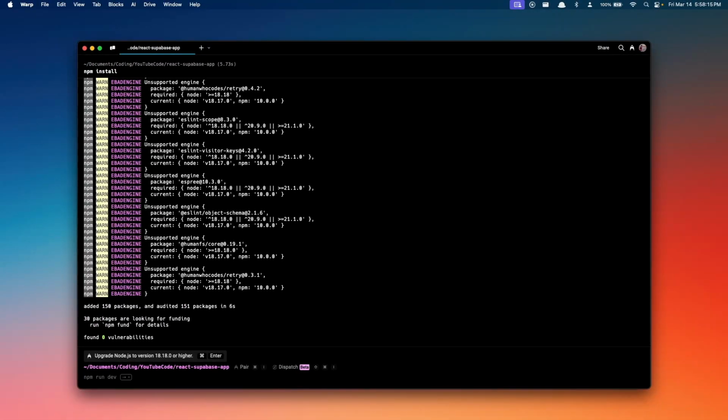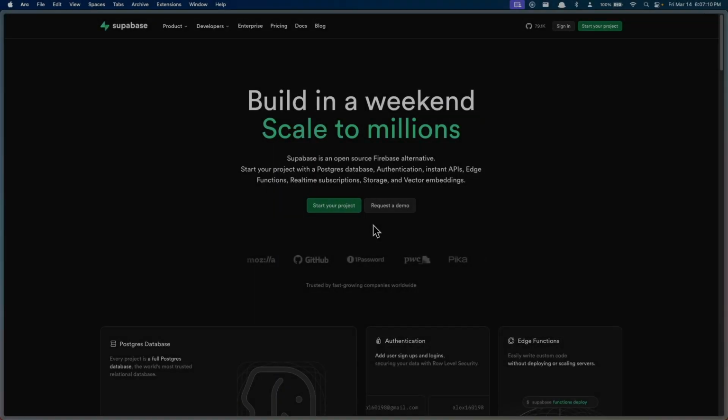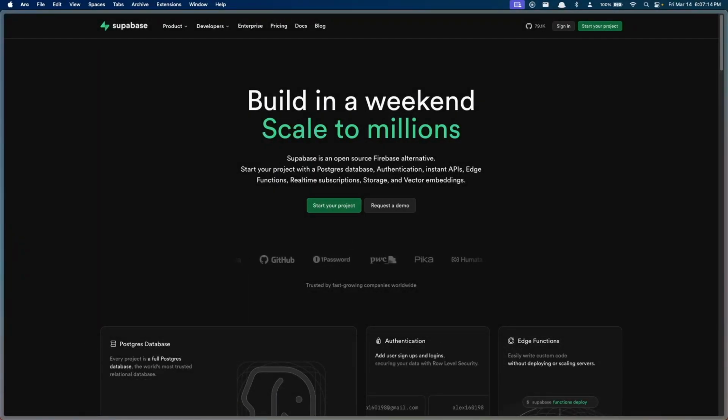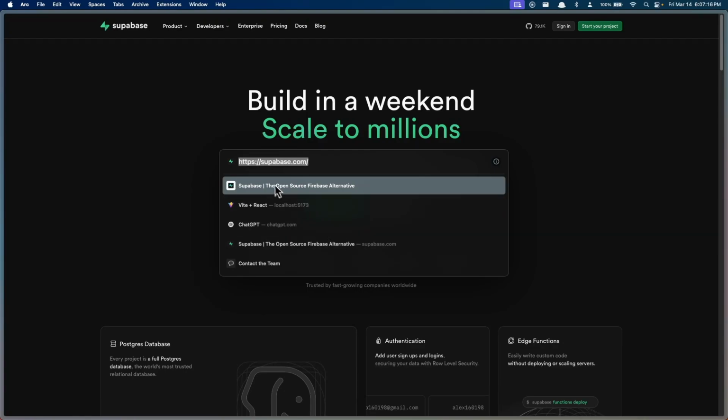And now that we've completed this step, let's head to Supabase and create a project, which includes setting up the database for our application. And once we're done with that, we can open this application in our code editor and configure it to connect with our Supabase project to then build it. So now I'm going to log into Supabase. So first you need to access this web page, which can be found at